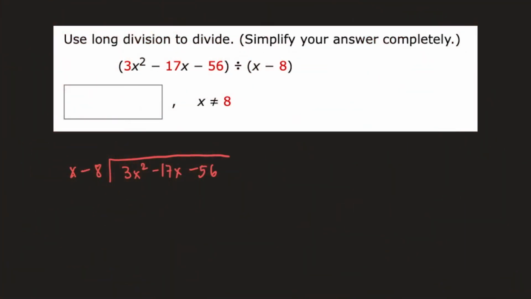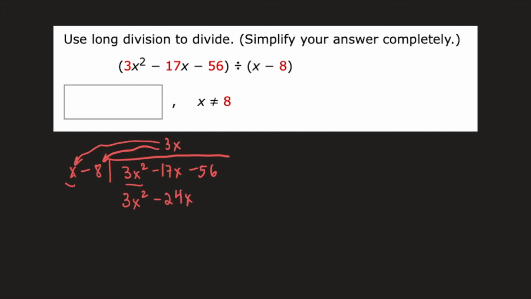In this question, you're asked to use long division to divide the two polynomials. The first thing we have to do is take the first number, x, and divide 3x squared by that number. 3x squared divided by x is just 3x. Now the reason why we do that is because when we multiply, we're going to put it here, and then when we subtract, we want that first term to go away. 3 times negative 8 is negative